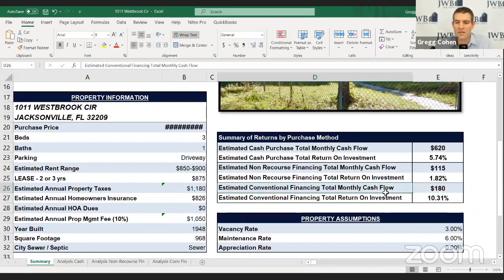Well, let's talk about what that $180 means. That's the monthly cash flow you're going to receive on a normal month, meaning a month where the rents come in and you've got your normal expenses. Those normal expenses would be your principal, interest, taxes, and insurance payments, and also your monthly management fees. All right, that's the normal month. That's the vast majority of the months that you'll experience as the owner of this rental property if you invest